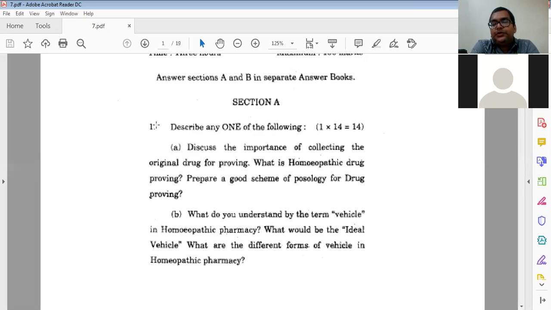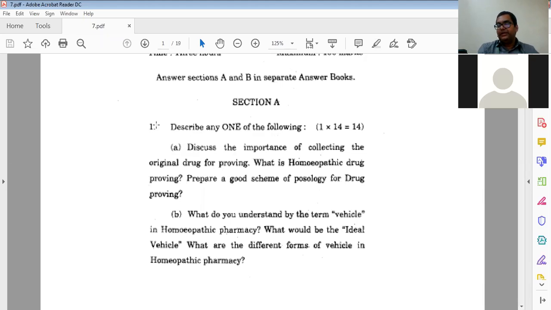So what dose should be there? Write about dose also. Previously Dr. Hahnemann was doing proving on crude drugs. Then it was felt that sometimes there was an issue related to pathological changes. Then drugs were proved in very low potency, physiological dose. Later they slightly increased the potency. So you have to mention this history part about the posology.